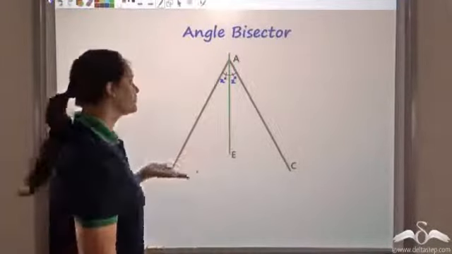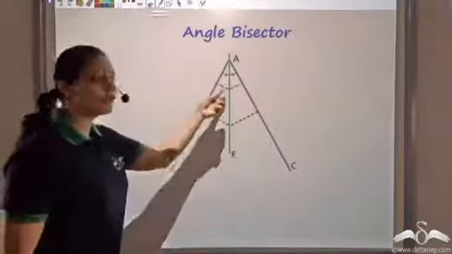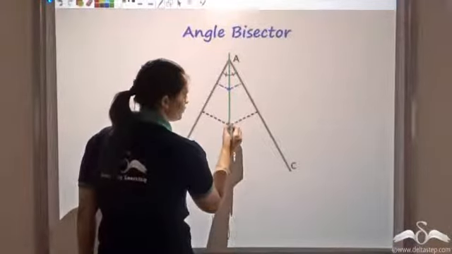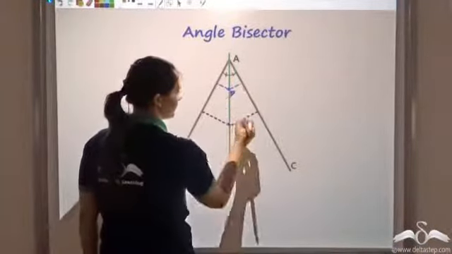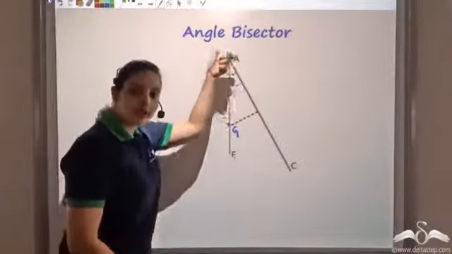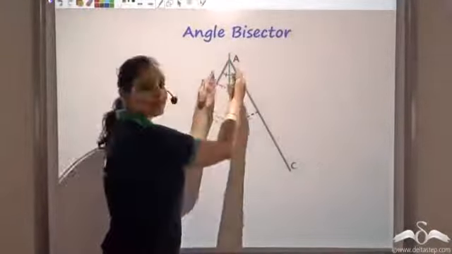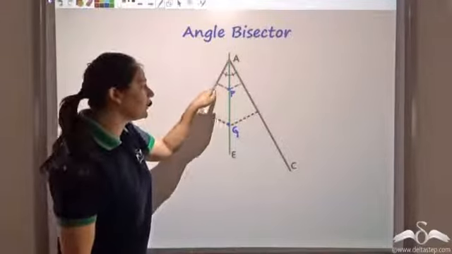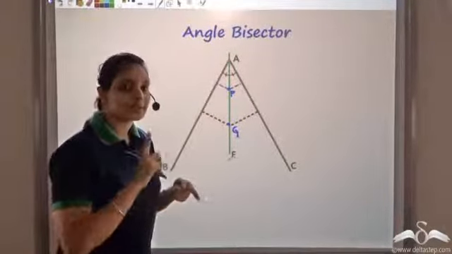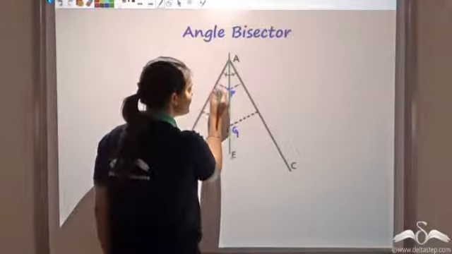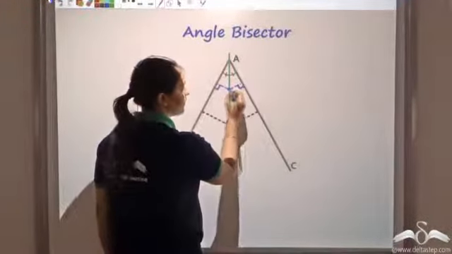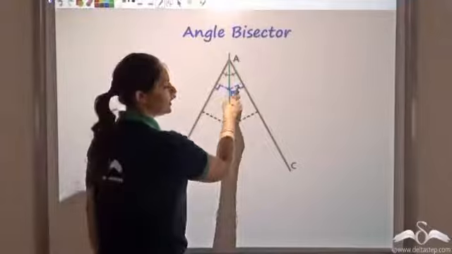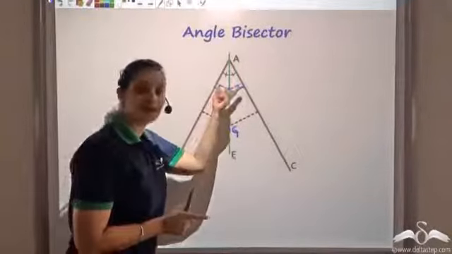That is what an angle bisector means. Apart from this, if you draw any point on the angle bisector, so this point, let's call it F, G, any point on this angle bisector would be equidistant from the two lines that are forming the angle. Equidistant, distance from a point to a line, remember, is always taken as perpendicular distance. So equidistant means the perpendicular distance is the same. So if I draw a perpendicular from this point to either of these roads, both the perpendiculars would be the same in length. That is, it would be equidistant.